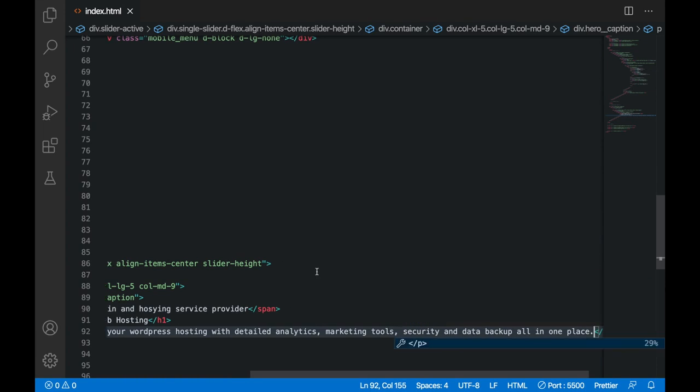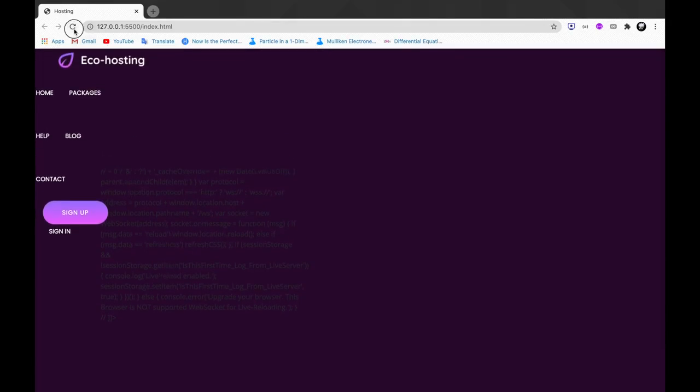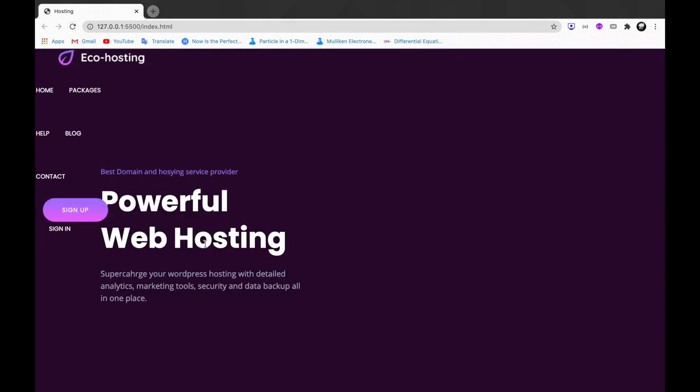So this is my paragraph. Okay, let's see. So I have written this. Okay, and it is appearing here and it looks nice.